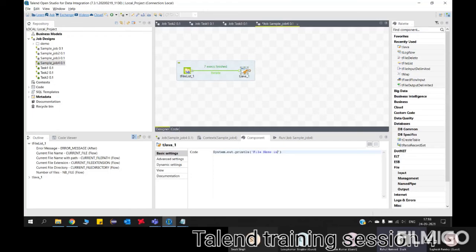And now what you need to do is come to the second line. Your current file name is there in the outline. Drag and drop it here in the tJava code. Global variable, current file name. You can drag all of them. We will print all of them so that I will show you what those values give. Drag one by one. Yes, so the end bracket and semicolon should come after this global variable function.